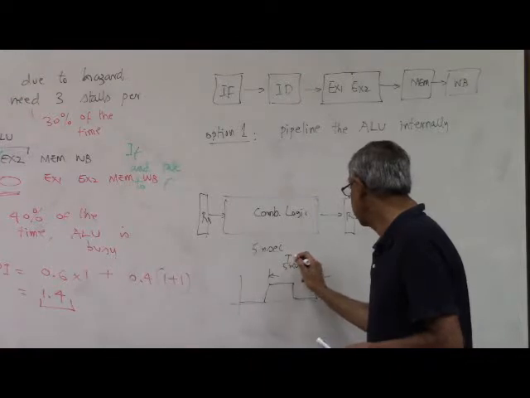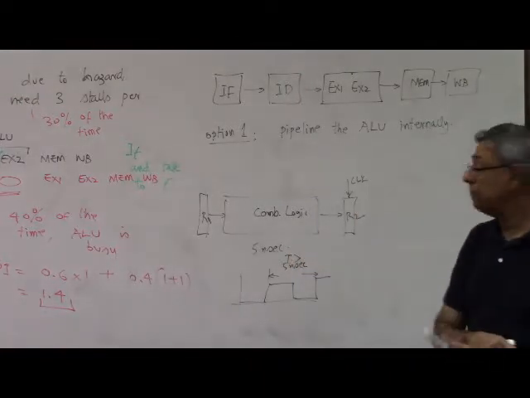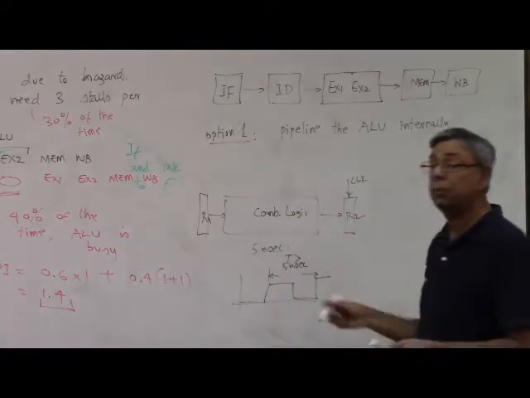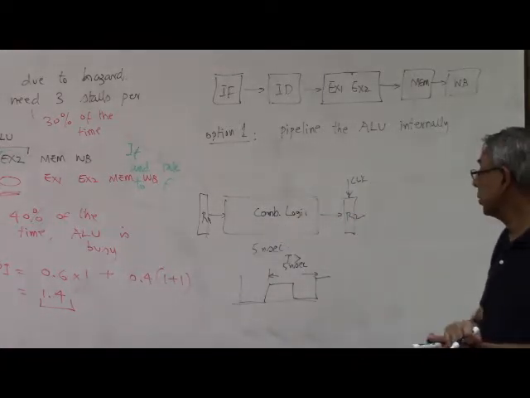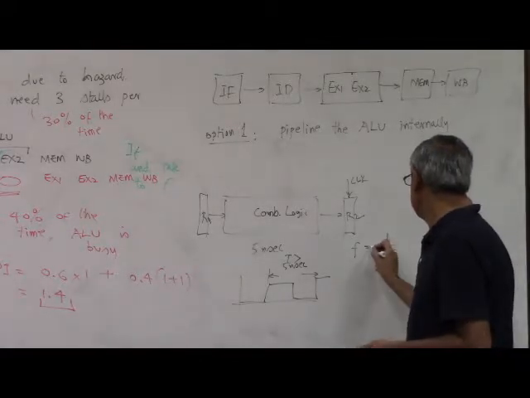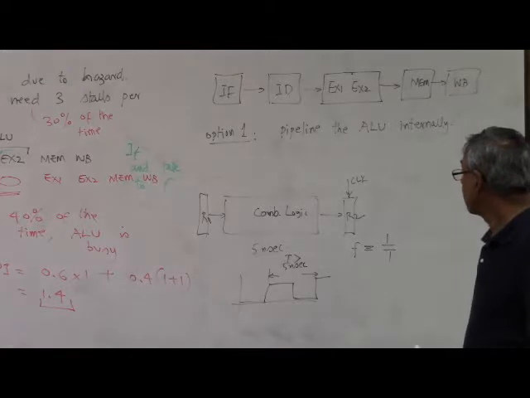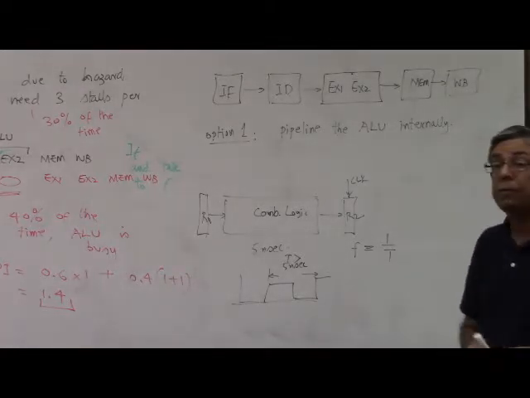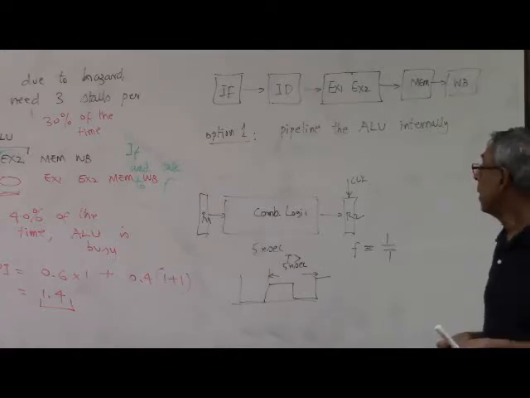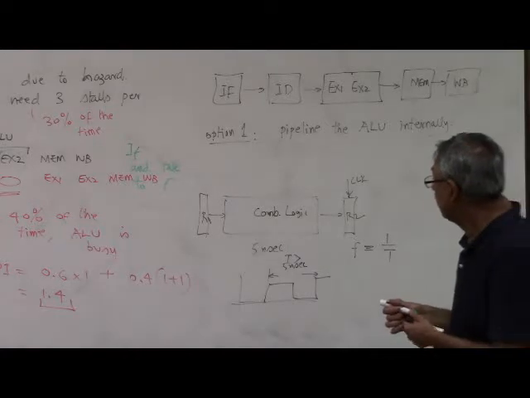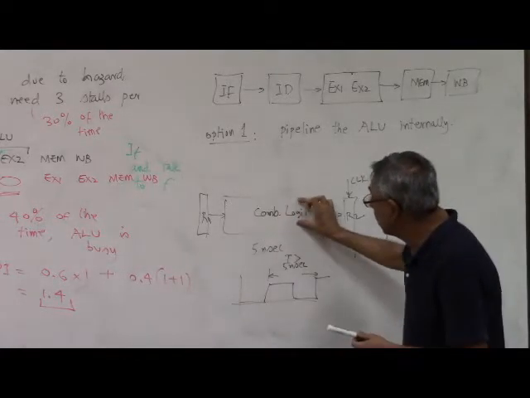Okay, so this t has to be greater than 5 nanosecond, otherwise we will not be able to produce the correct result before we store it in our destination register. And remember, frequency is 1 over the time period. So our frequency has to be bigger than 1 over 5 nanosecond. If we wanted to speed it up, one option would be if somehow we are able to split this